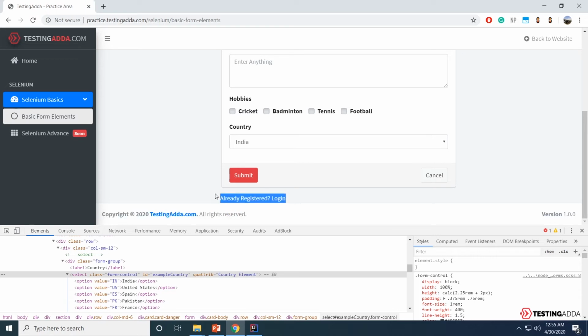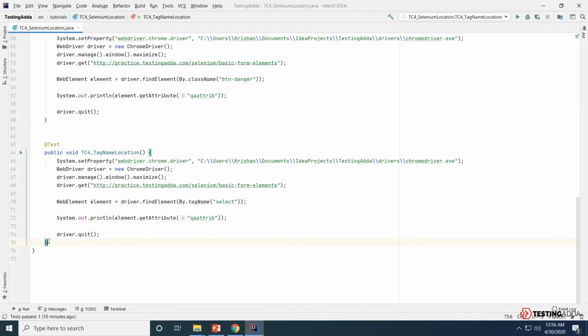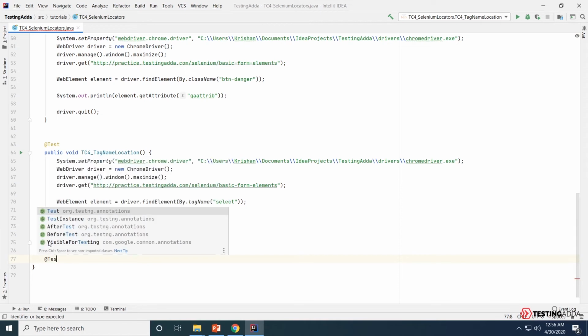In this case, this is a hyperlink and the linked text is already registered login. So we will be using this text to locate this element so that we can perform actions like click on these hyperlinks. In order to do it, let's go back to our IntelliJ and create a method.